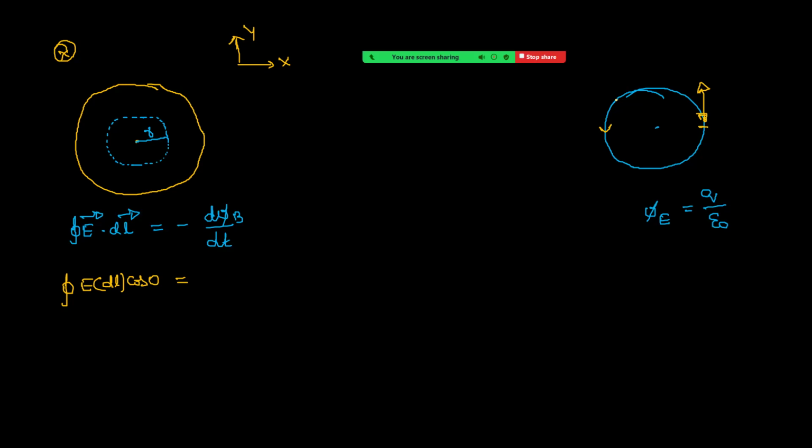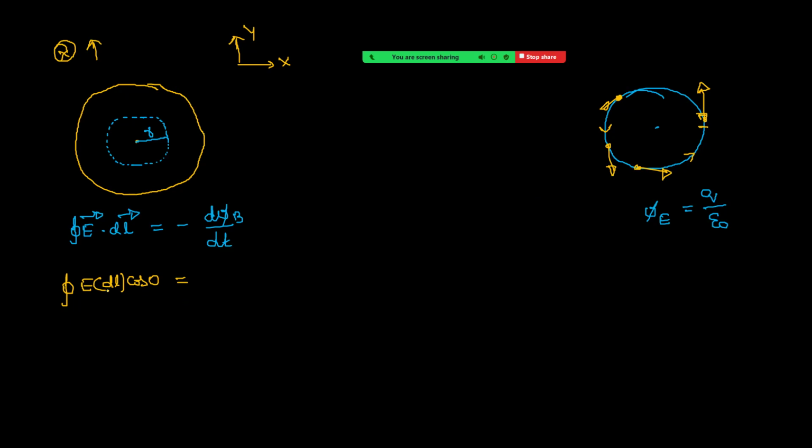That means if I am focusing on a positive charge, because of the electric field, force on that positive charge will be in this way. At this point, force will be like this. At this point, force will be like this. That means, first of all, we can decide the direction of current, that is now anti-clockwise. If the strength of the field is increasing, then in this case this is the tangent along the field direction, right?